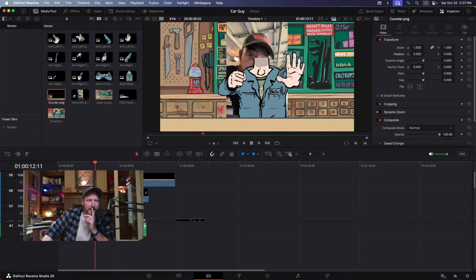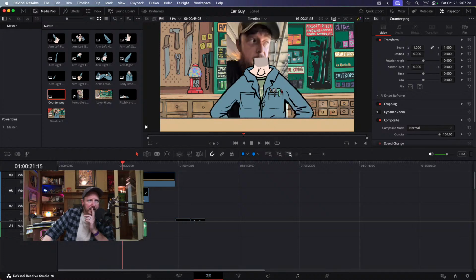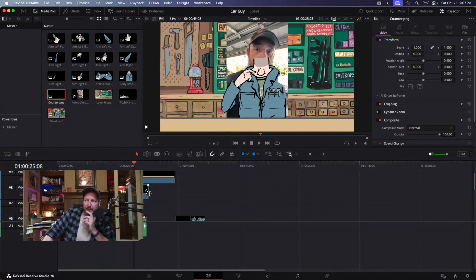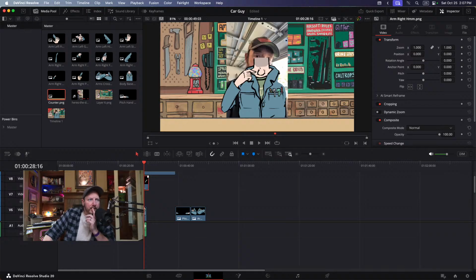Hands up, hands out, hands down. Again, they're not going to do that. That's not the animation. We've got this last arm to do. I think he can go up a little bit on this one. Where's that supposed to be exactly? It's supposed to be on his face. I'm going to put this one in last because I want to make sure I've got his face covered.